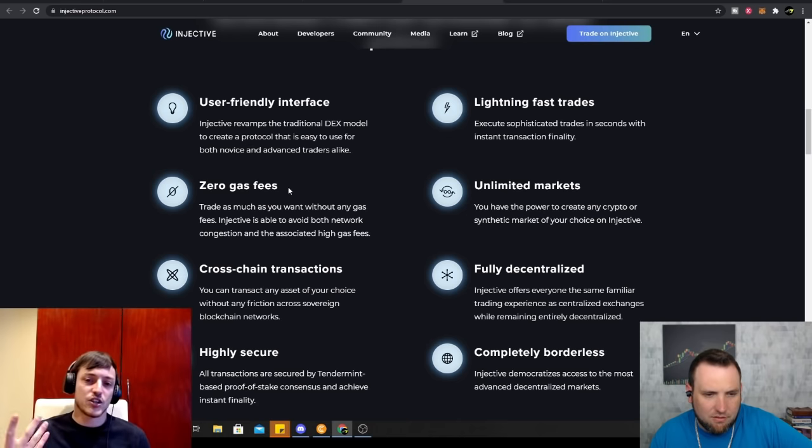So it's good for traders because you get the limit orders, you can have stop losses, and hopefully they're going to implement things like OCO orders where one order cancels the other. So you can have a target above and below for when you buy or sell. Yeah, the bracket orders are nice. It looks like they were going to have zero gas fees as well.